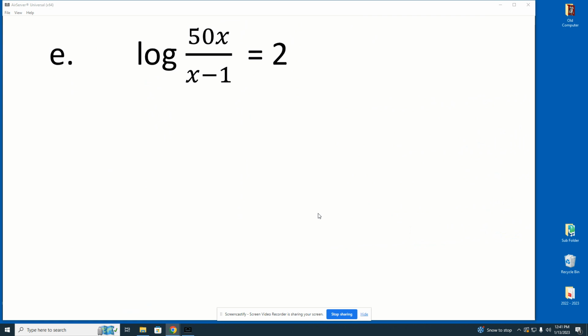We're going to change it to exponential. So do y'all see the trick on this one? You just have to remember one thing. When there is no base, it's understood to be base 10. So when I write this as an exponent, the base of my log is 10. So 10 becomes the base of my